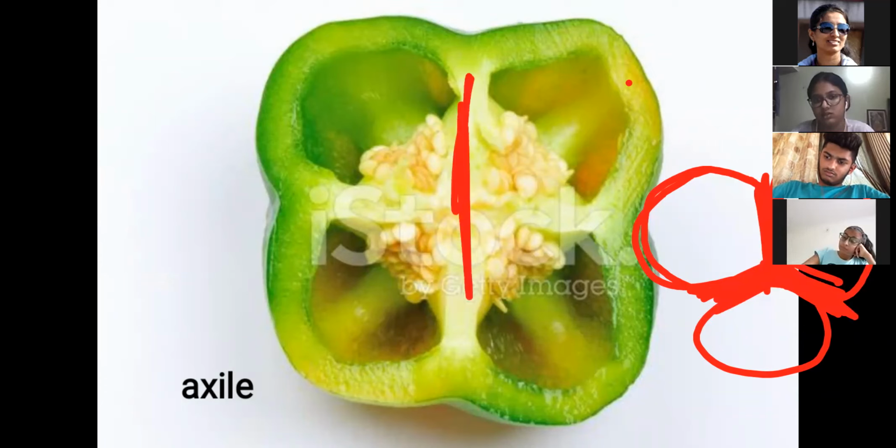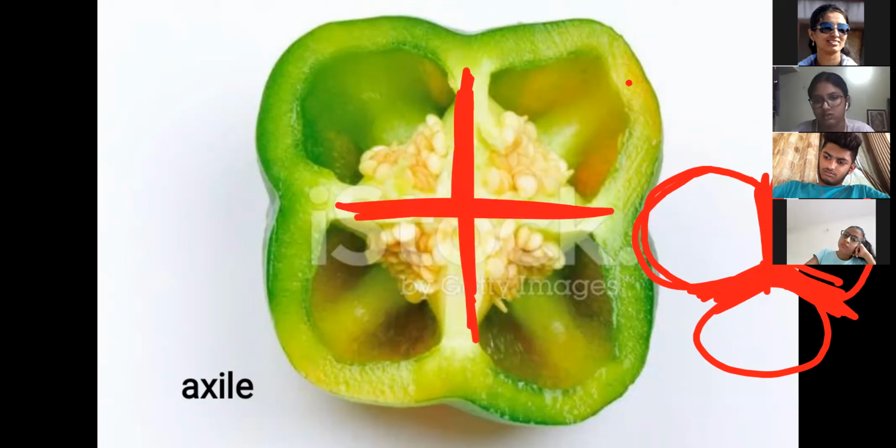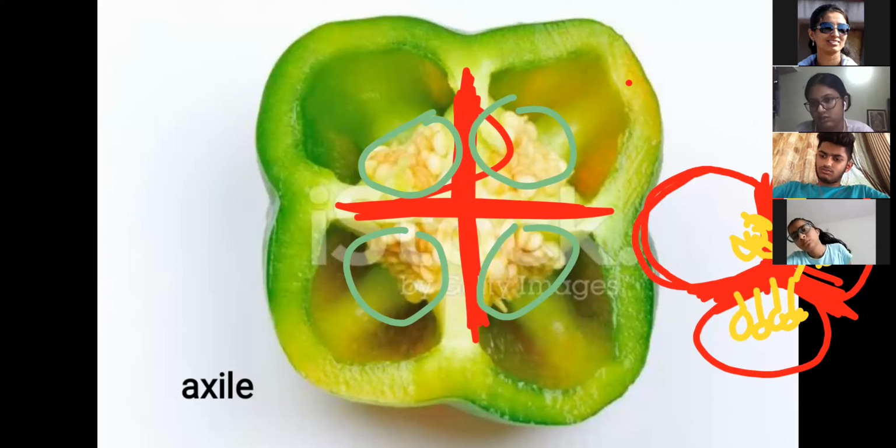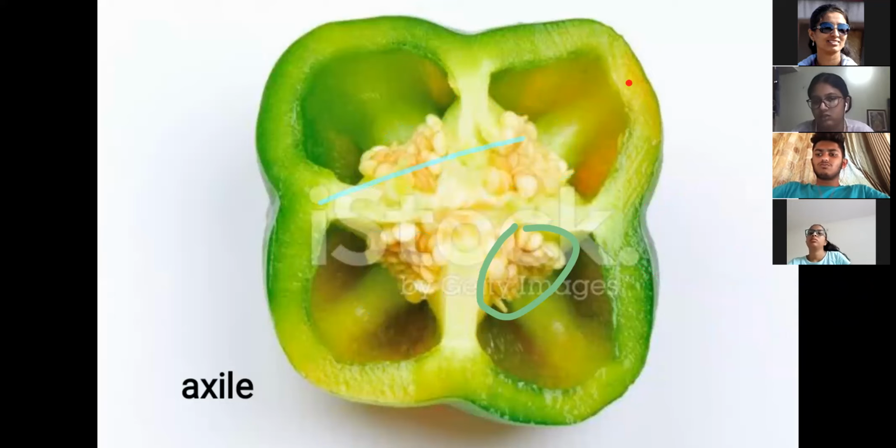अब देखो ये center point है यहाँ के ये चारों के. This one develops as a placenta. If you can make out over here, so many seeds are attached. See in this part. Seeds basically what? Ovules. Right? So on this placenta, ovules are born. At the center only. Right? So here we can say that axile placentation, in that the placenta is axial and the ovules are attached to it in a multilocular ovary.